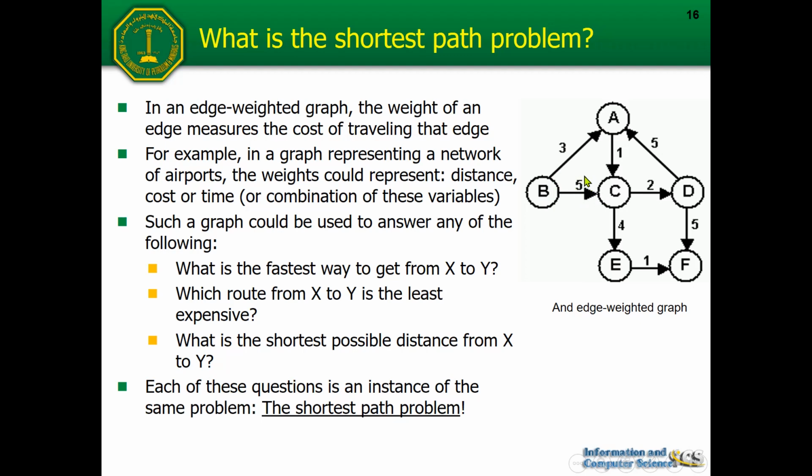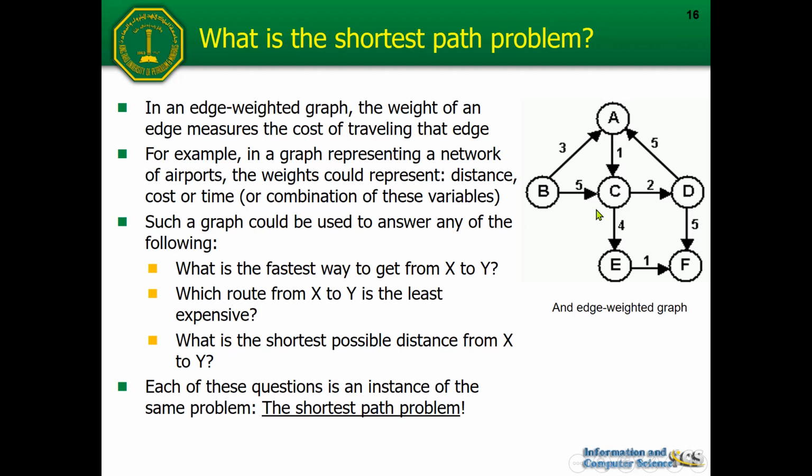Because the cost is related to the resource that we should allocate in order to do the traveling, we want to minimize, we want to optimize the cost that we spend in order to do the travel. For example, we want to travel from B to D. As you can see, in order to travel from B to D, we can use this path BCD or